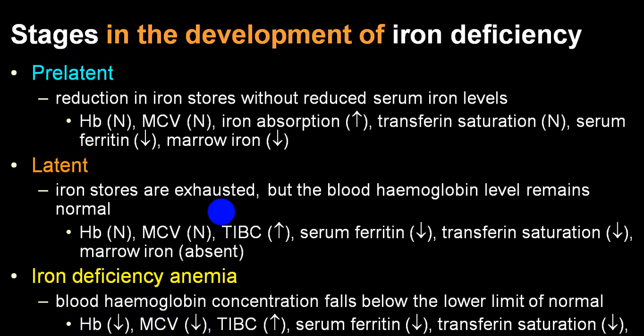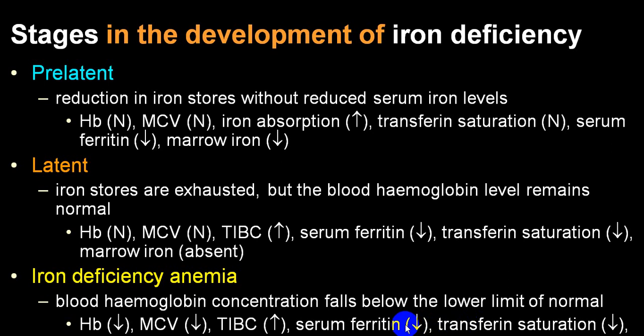TIBC is elevated as it is seen in the latent variety as well as iron deficiency. Ferritin level will be reduced in all the three stages. But if only ferritin is reduced, hemoglobin is normal, MCV is normal, do keep it in mind it will be pre-latent or a latent variety, where in a latent variety you will have TIBC being elevated and you will now have